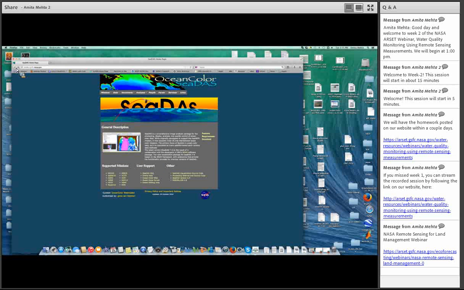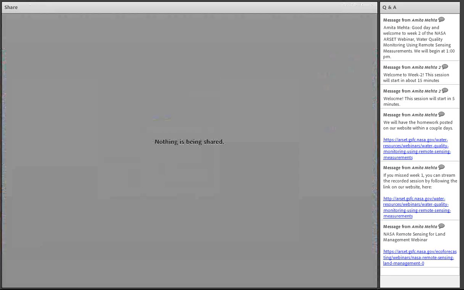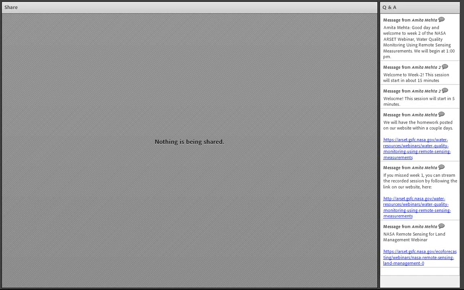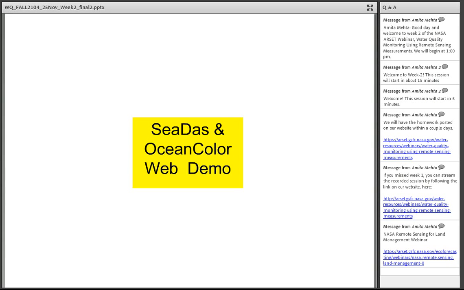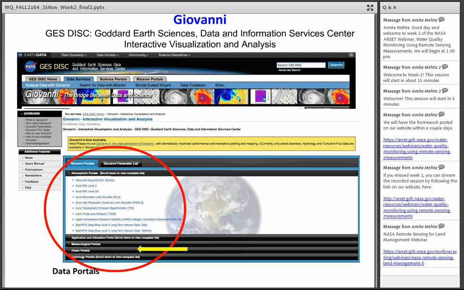Now going back to my presentation. Okay, so we saw a quick demo of how to go through Ocean Color Web and look at different sensors and different levels of data. Another tool,